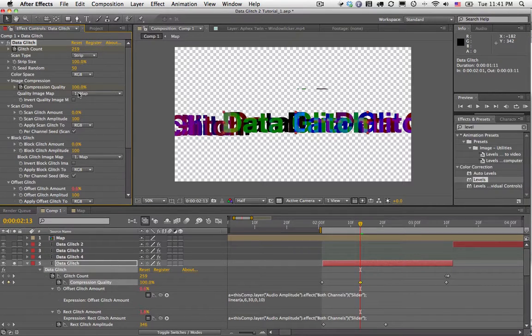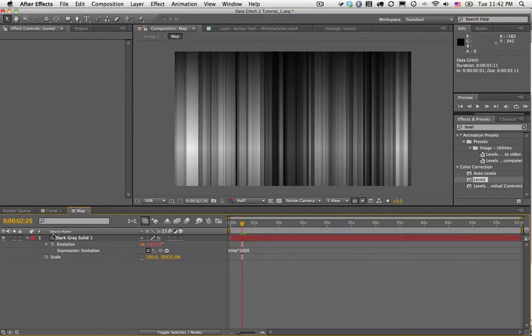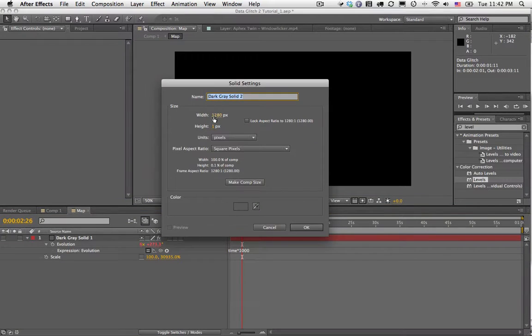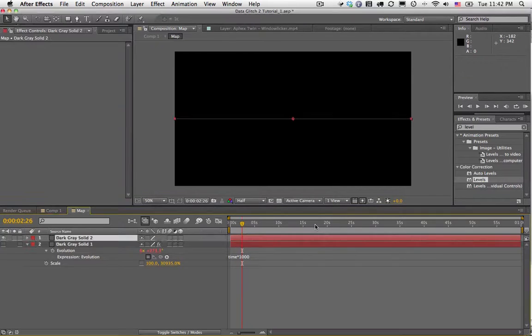So as you can see, I'm applying this image map here, and I have a cool little tip to create cool image maps for these kinds of glitchy effects. I created a new comp, and I'm going to just recreate this so you can see. I created a solid that was the width of the comp, so I go make comp size, but the height I'm just going to make 1 pixel, and you can see you get this little line, and to that I applied fractal noise,